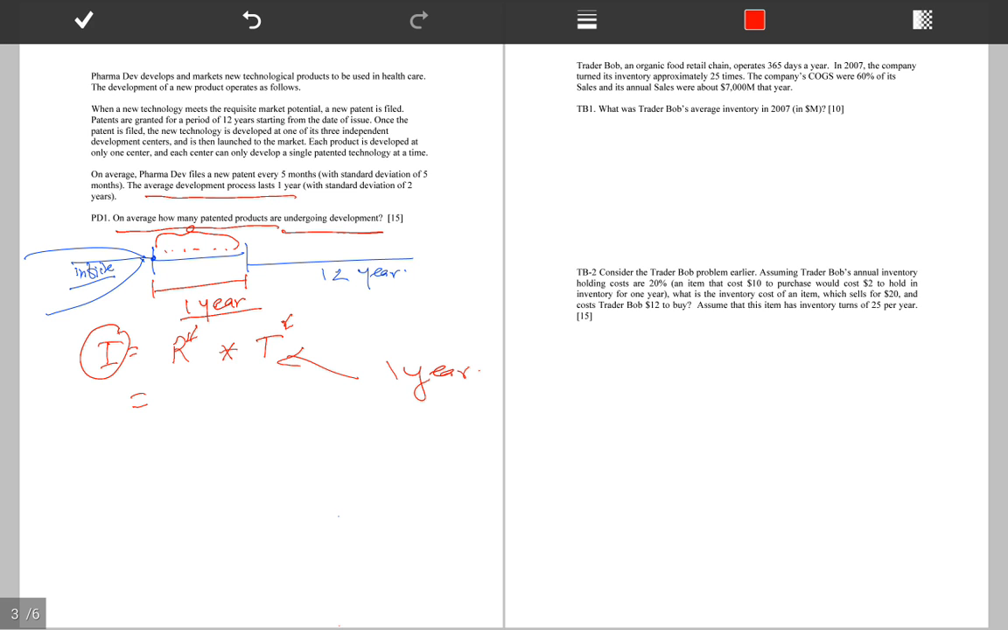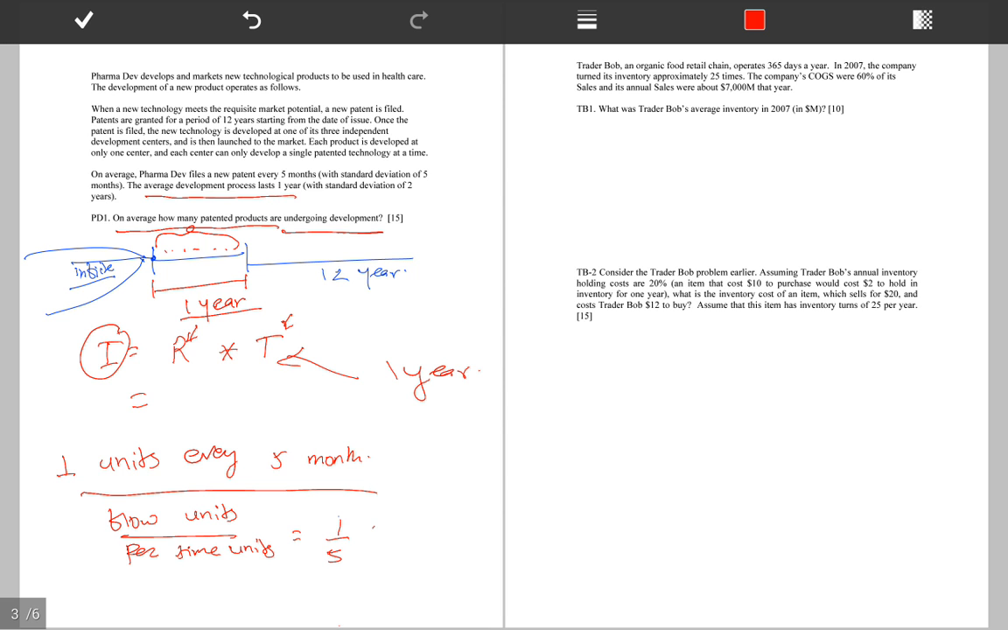We want to know what is the rate. Well, the rate is 1 unit every 5 months. Okay, 1 unit every 5 months. But we want rate in terms of flow units per time unit. 1 unit every 5 months is the same as saying 1/5 units per month. So we have R equals 1/5